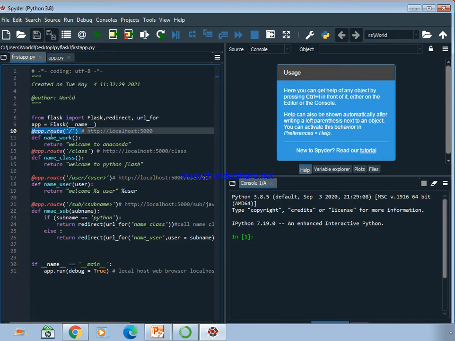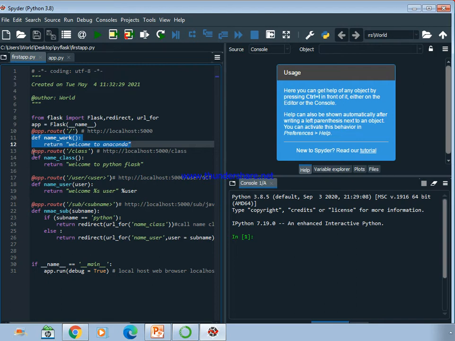Whatever function is below this path will be executed automatically. Here the function name is name work, and it is going to just print welcome to Anaconda. So if you just put http://localhost:5000, it will automatically display welcome to Anaconda.